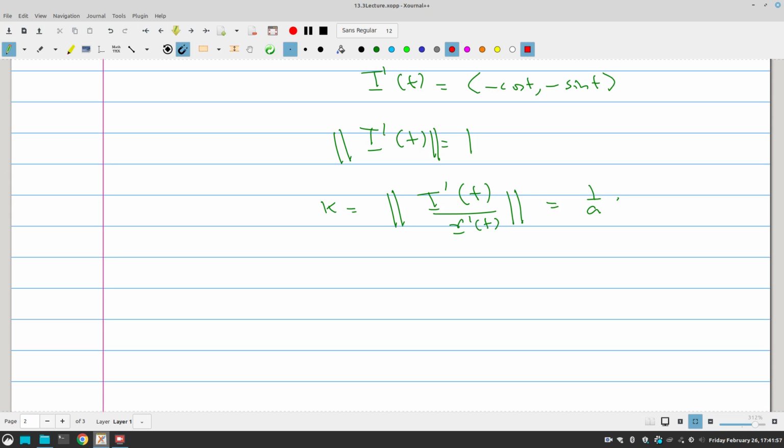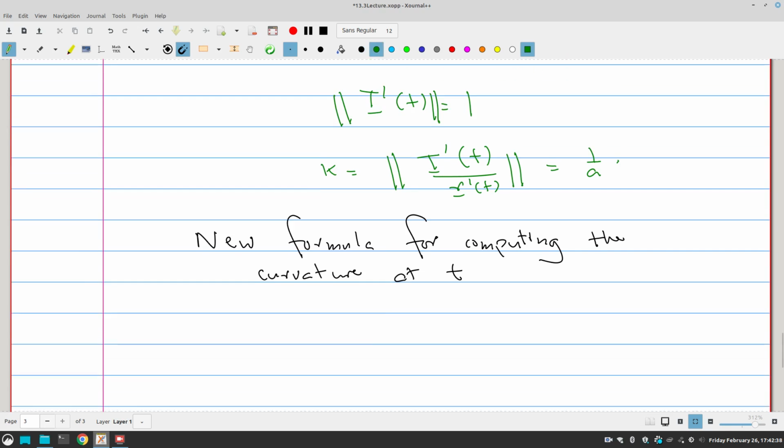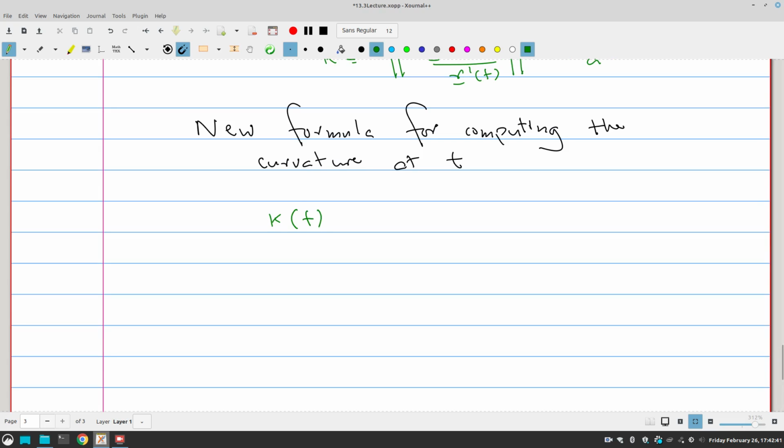We have a new formula for computing the curvature at t, and I'm going to derive this, don't worry. Kappa t equals